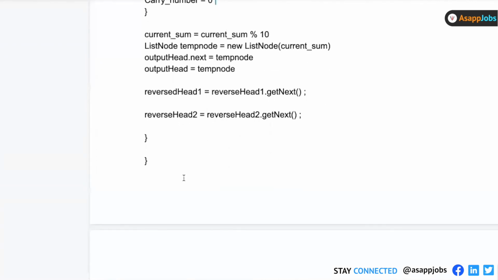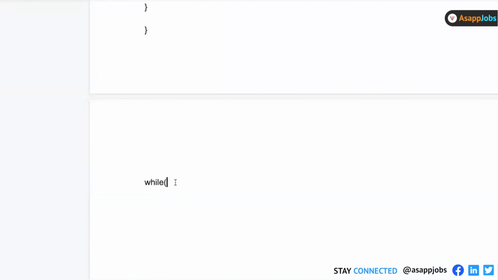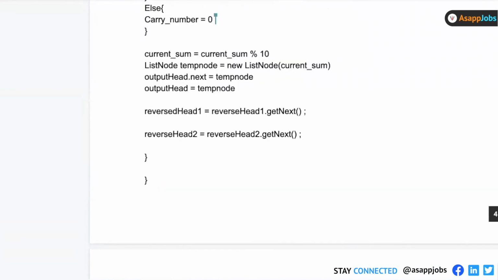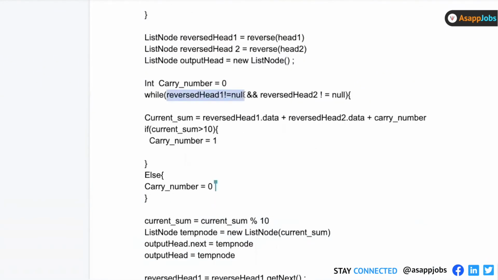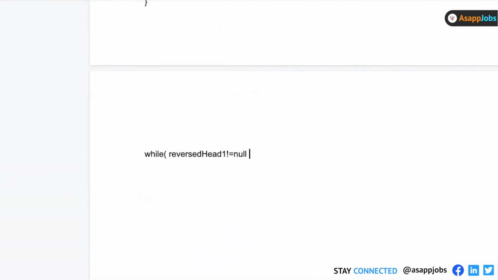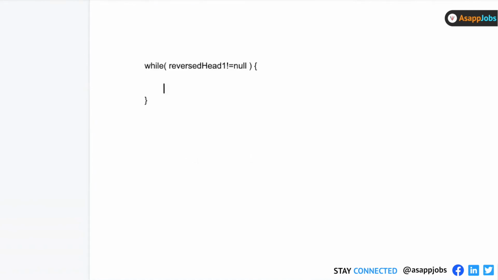So in that case, what we do, I need to write another loop here. So I write like this, while, name of the condition is, well, this is not equal to null. What I do is, again, I define sum to carry, whatever the carry number, and then reverse head 1 dot, and again if sum is greater than or equal to 10, in that case carry is 1.